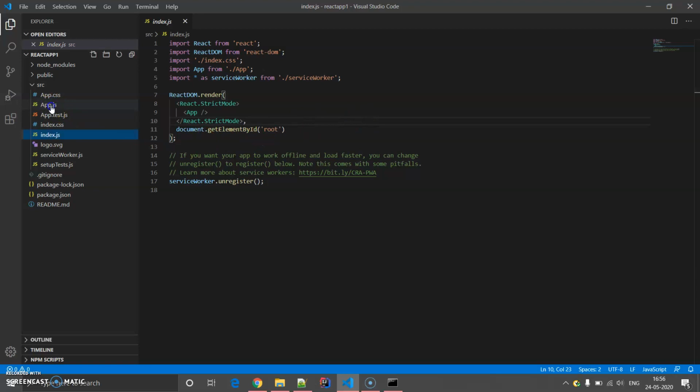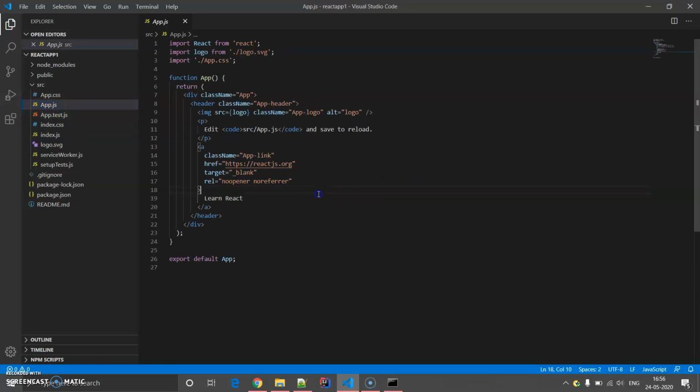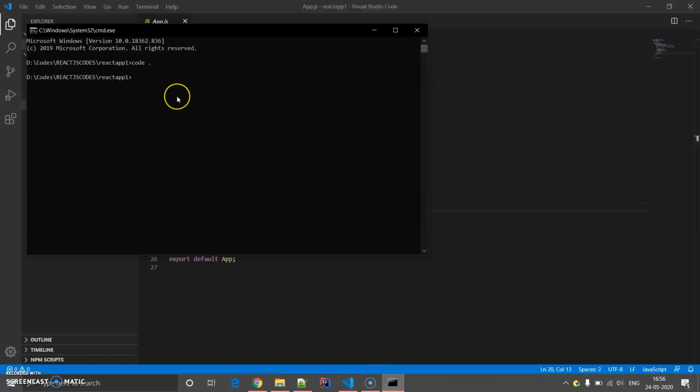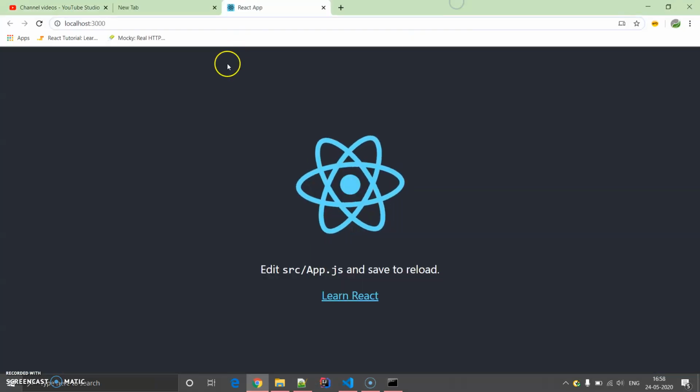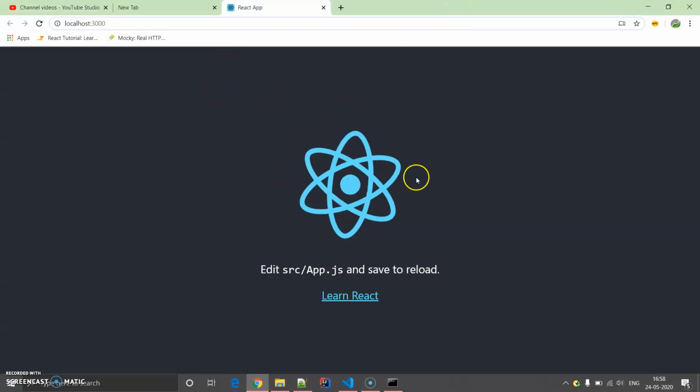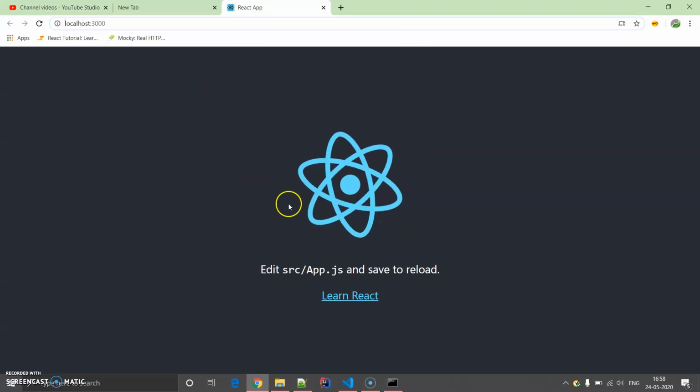So first of all, let's come to App.js. App.js is the default functional component that comes. I will come to components, but first of all, let's quickly run it and see. So I'm back here. npm start. Once you start the application, it doesn't take much time. It will automatically open Chrome, one of the browsers. As you can see, the browser has automatically opened, and you will be able to see this logo